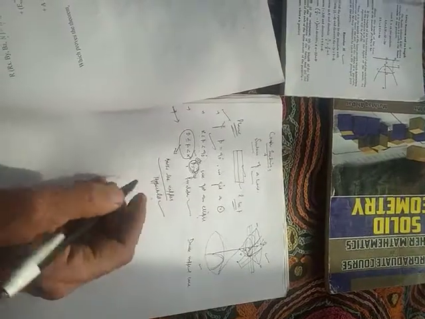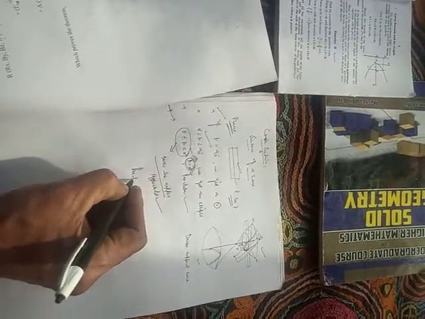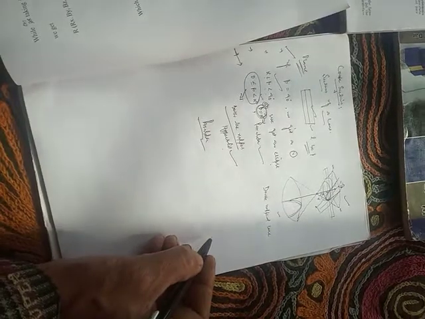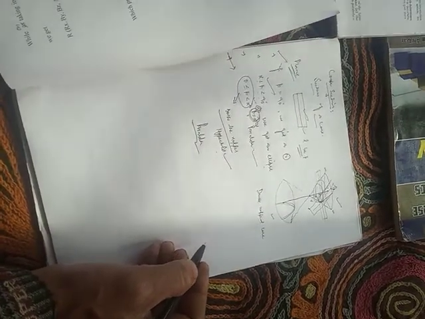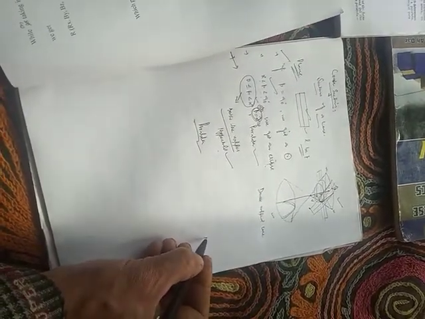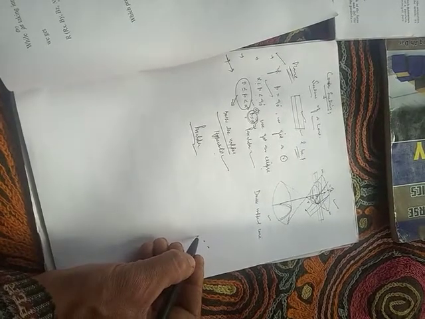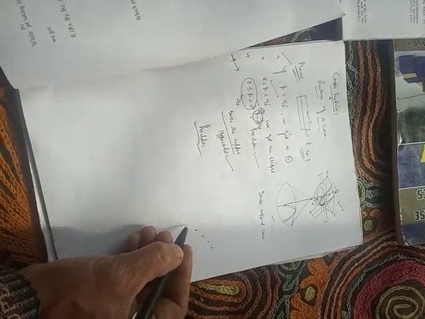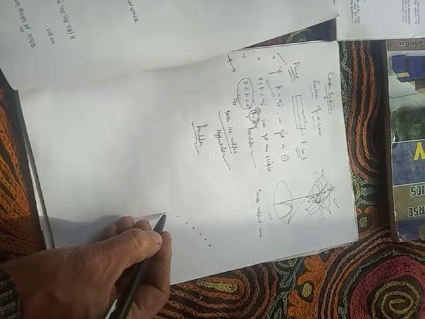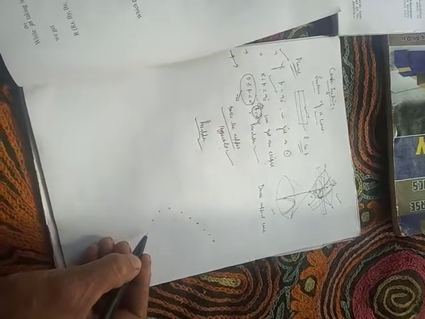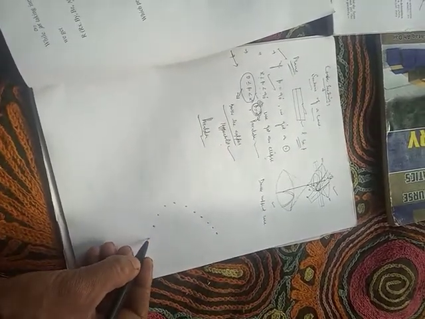Now what is the definition of a parabola? A parabola is simply the locus of a point. Locus means path. It is a path traced by a point. But this point traces a path in such a way that it is equidistant from a